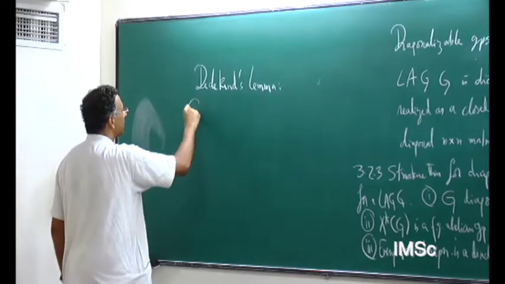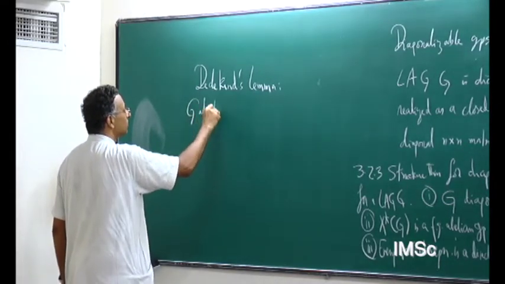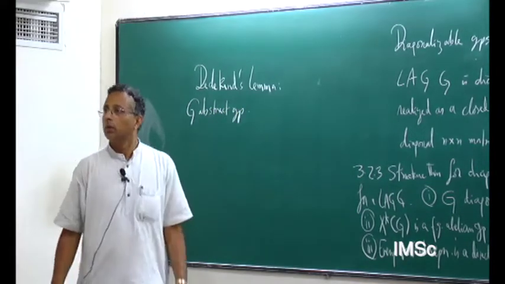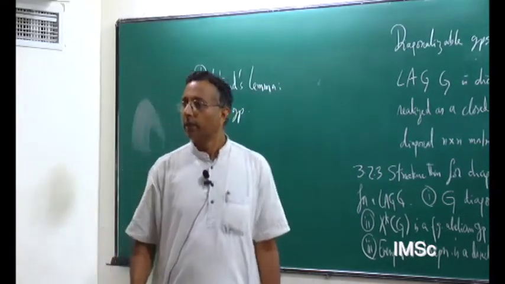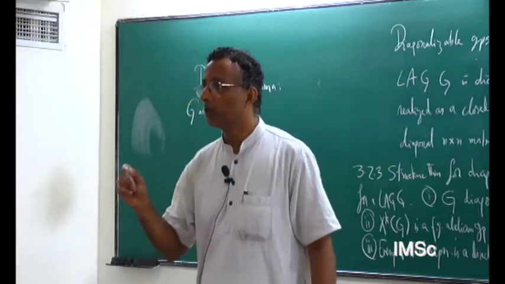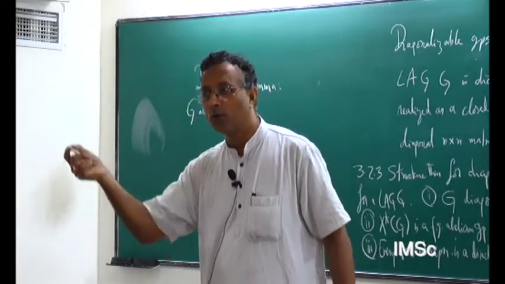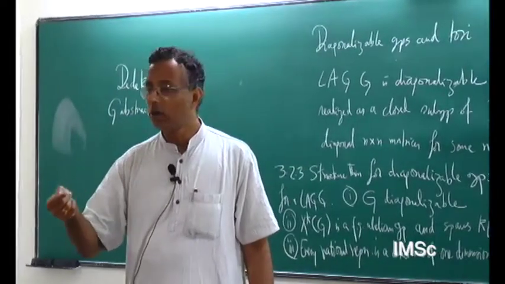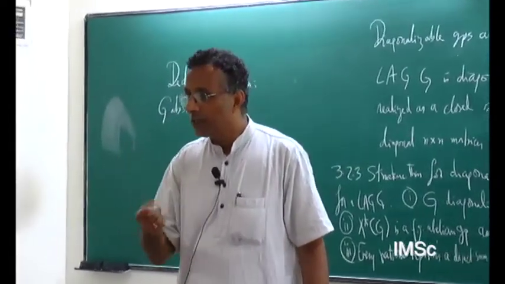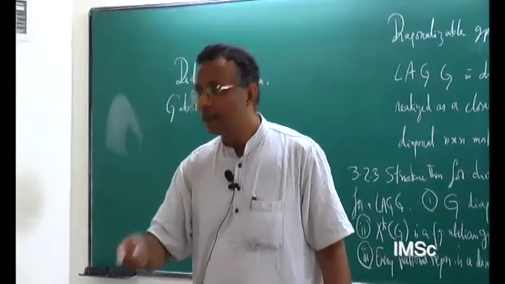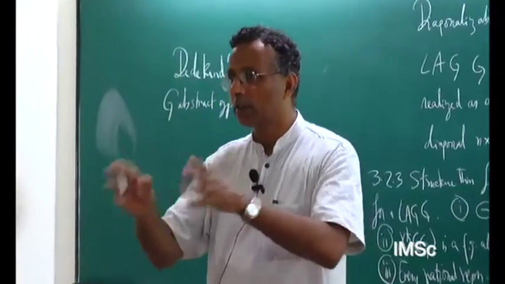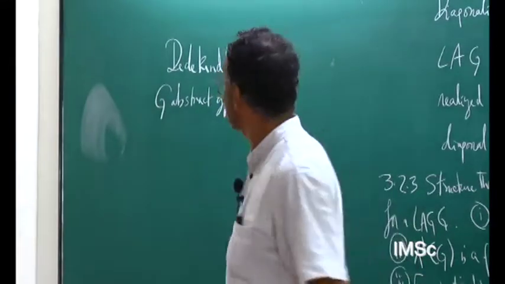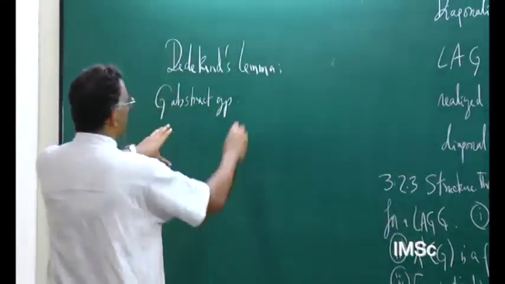So G is an abstract group. The word abstract may look strange, because all groups are abstract groups. But the reason we say abstract group is to distinguish it from linear algebraic groups. You're just thinking of it as a group, as a set with a group structure. G abstract group, K a field,